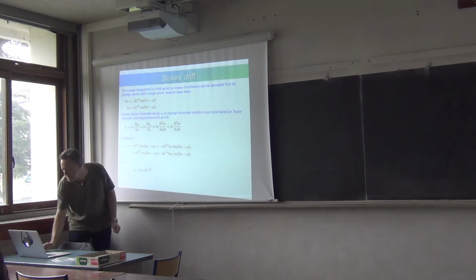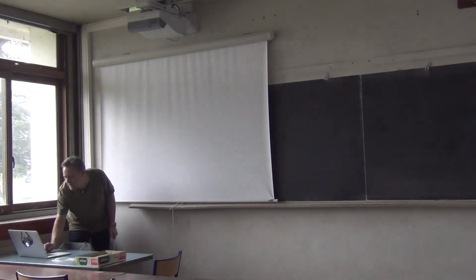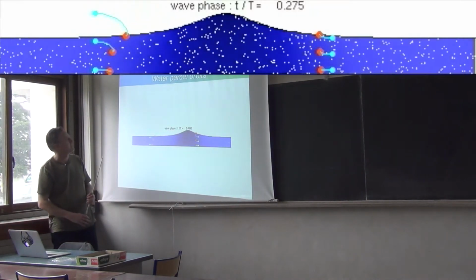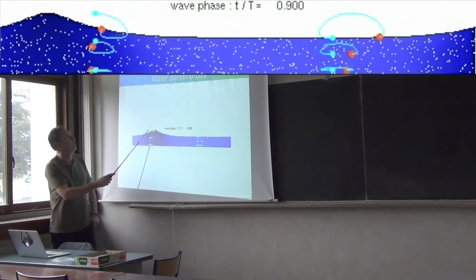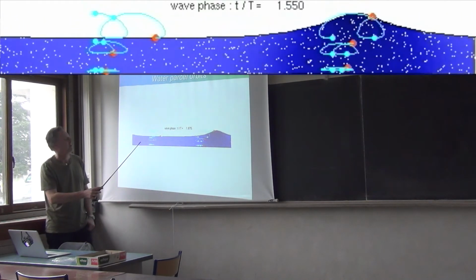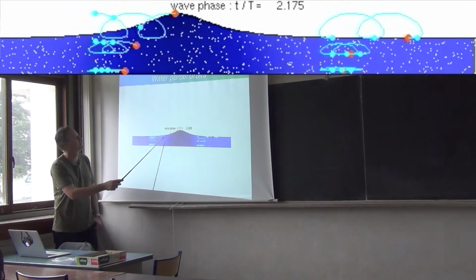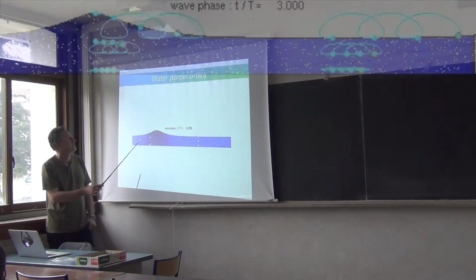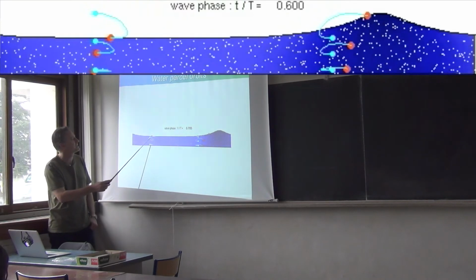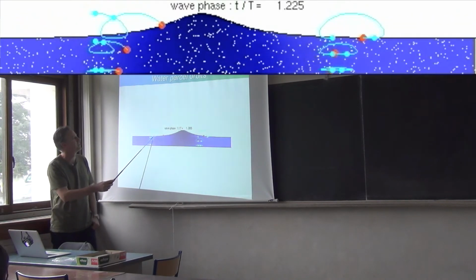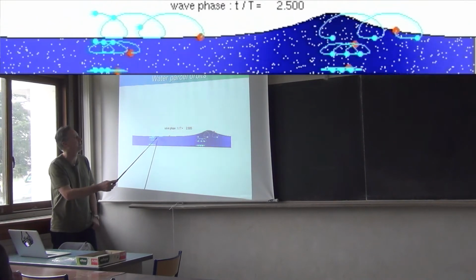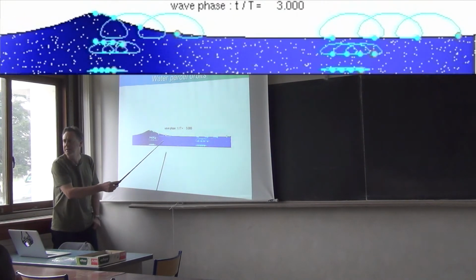If we go back to a video that I showed you, I was trying to emphasize the orbital type motion of a parcel of water as the wave propagated past it. But what you see also from this video is that it doesn't just go in a repeated cyclic motion. Every cycle, it kind of goes forward a little bit.